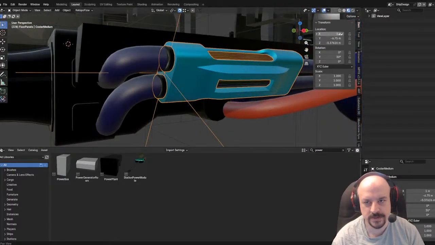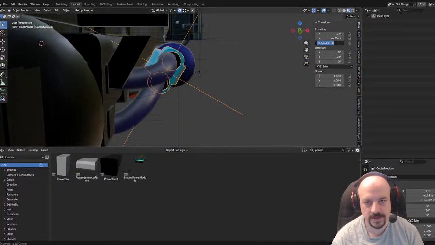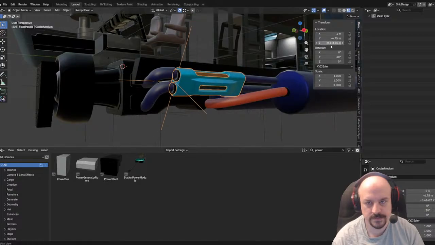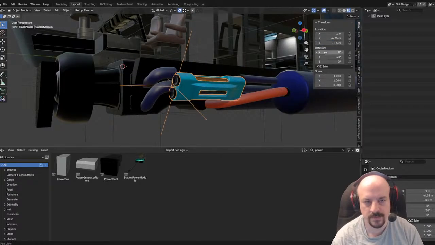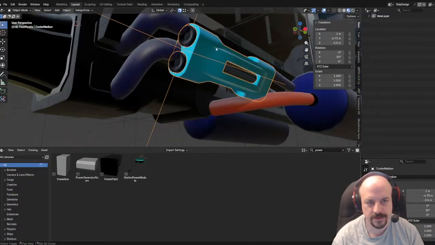Yeah, that's making more sense. 1, 6.75, because it's a half. But this height, the z-axis, 0. They should be there, but